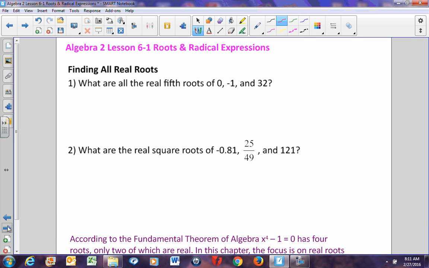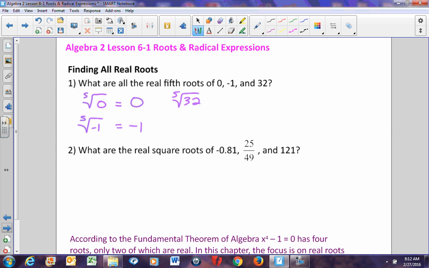So when we're finding roots, we're going to find all the real fifth roots of 0, negative 1, and 32. Real fifth roots, which means no imaginary numbers. We're thinking about the fifth root of 0, which happens to be 0. The fifth root of negative 1: the only way to keep it negative is if the root has to be an odd number. Therefore, there is a real fifth root of negative 1, and it's negative 1, because negative 1 times negative 1 times negative 1 times negative 1 times negative 1 is still negative 1. And then we have the fifth root of 32,